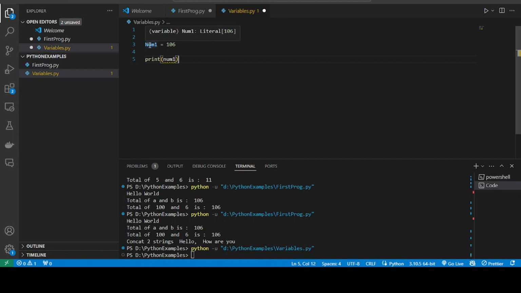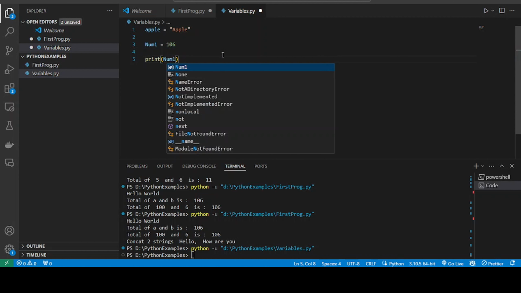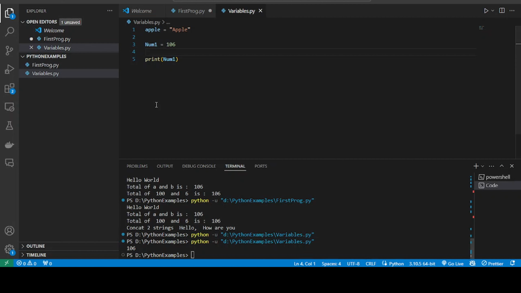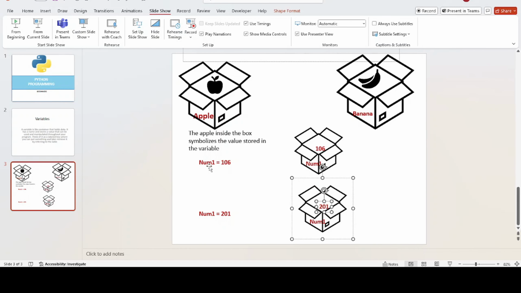So here, I told you that it's case sensitive, so you have to give the exact name and run. You see the value you are getting. So we are using this label, this variable that has a value, and we can manipulate this variable anytime, anywhere. Suppose the same variable num, and I assign it 201. Like how we assign here 201,